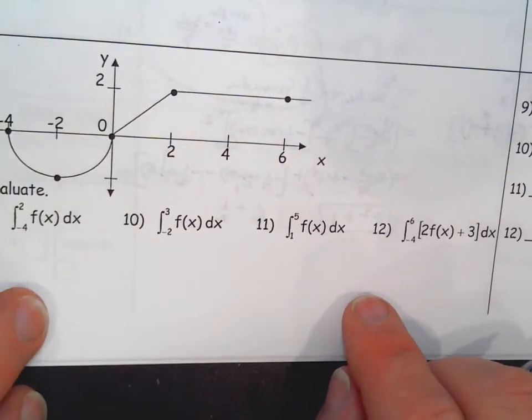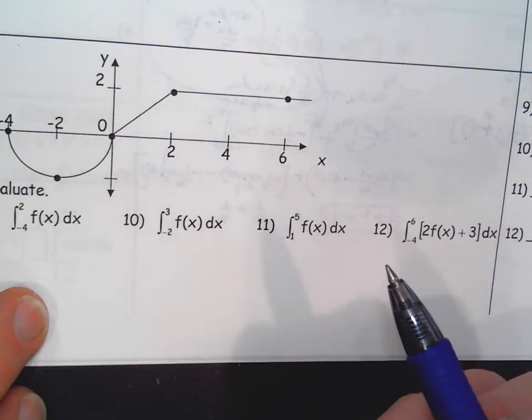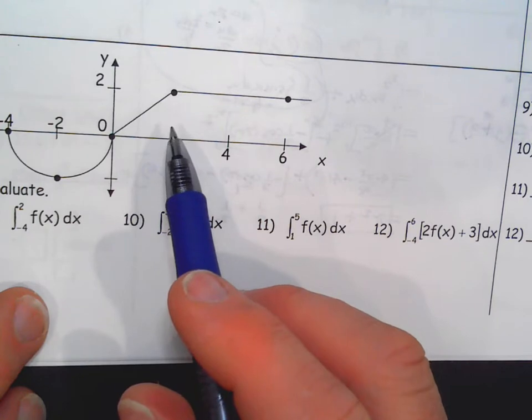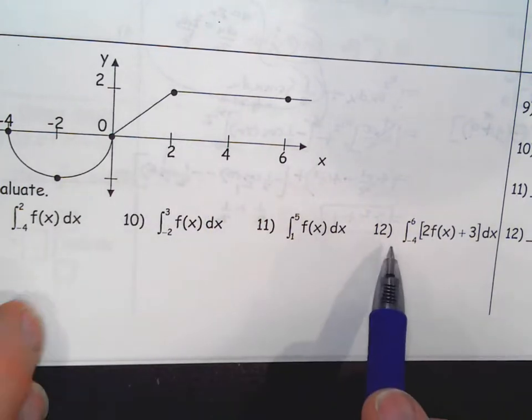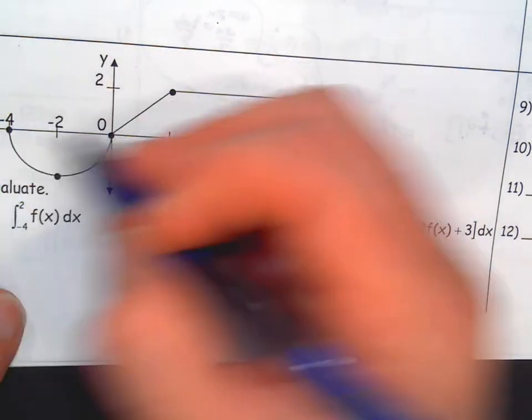Next problem, it makes you maybe think of the fundamental theorem of calculus problems I gave you, but this is not the graph of the derivative. We're not trying to integrate the graph of the derivative. We're just using this to find answers. So negative 4 to 2,